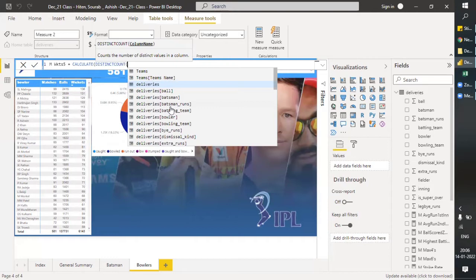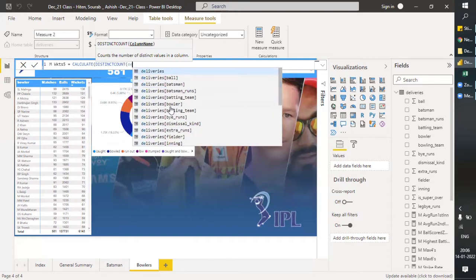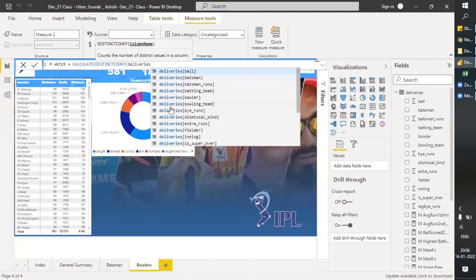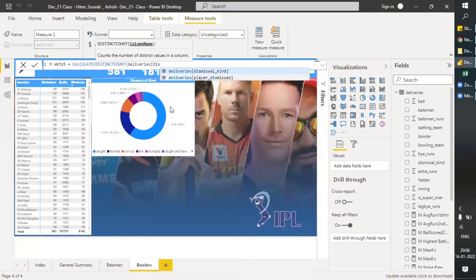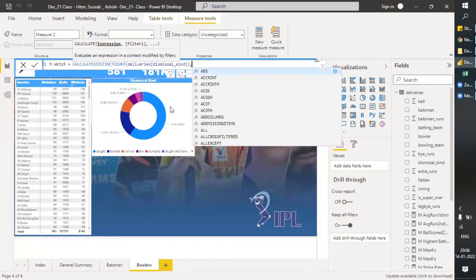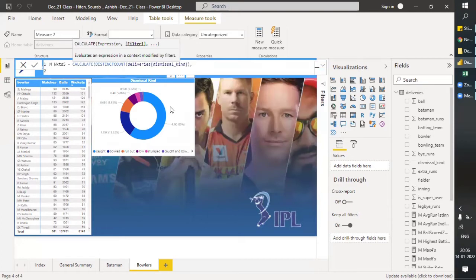Distinct count of deliveries dismissal kind, bracket close. This will count the overall number of wickets. It will count how many distinct dismissals there are.